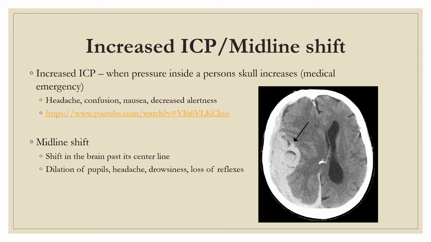Normal ICP is usually 5 to 15 millimeters of mercury. So anything above 5 to 15 is a problem. I'm not sure if you've heard of mannitol before. It's a medication, a type of diuretic. It's given to a lot of patients who may have brain tumors or brain trauma that has swelling in the brain. It's actually a diuretic for the brain, and it can decrease the swelling of the brain. So that's a medication that can be given as well.